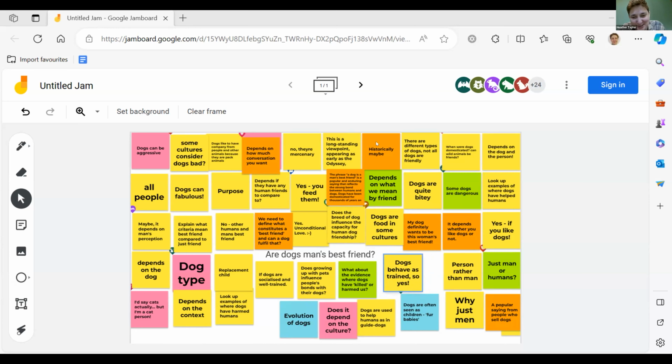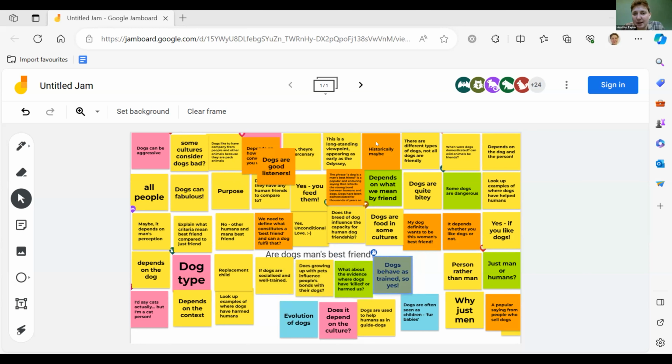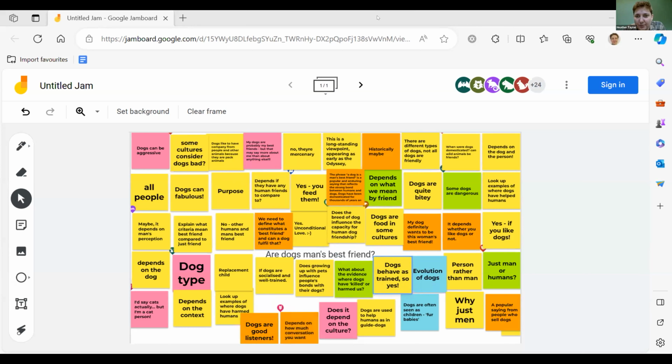My critical thought is that my dog does not behave as trained, but maybe that says more about me than my dog. I've literally locked him out of here so that he doesn't climb all over me while we're doing this session. The argument about dogs or owners are the problem with dangerous dogs. Yes, true, very good. But based on the news at the moment and Rishi Sunak's priorities, we might believe that there are a lot of dangerous dogs about at the moment. But yeah, arguably, it isn't really the dogs; it's the people that are the problem.